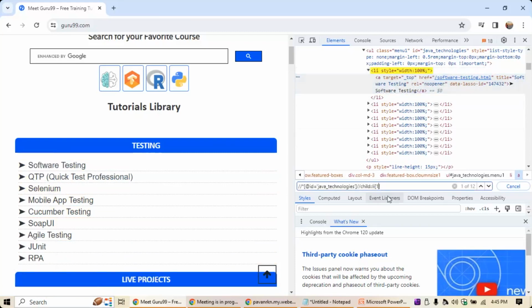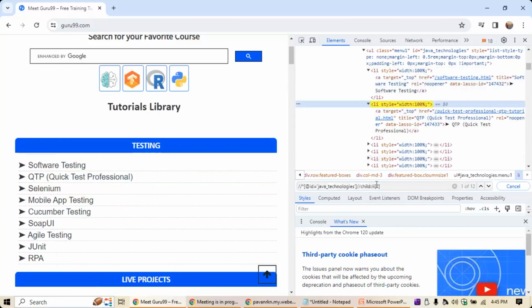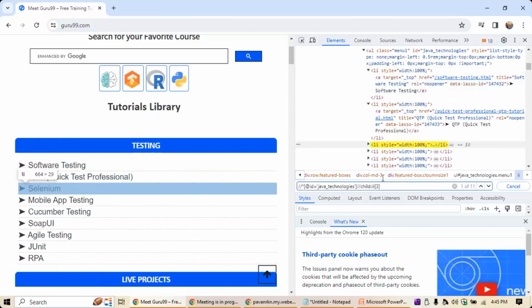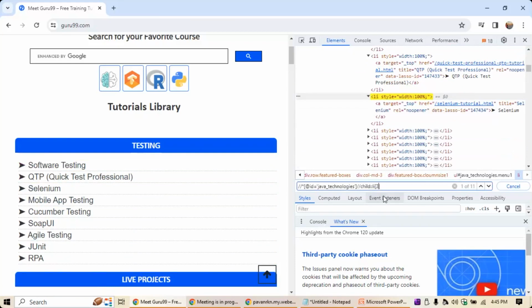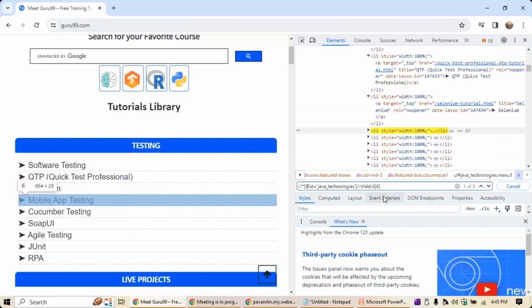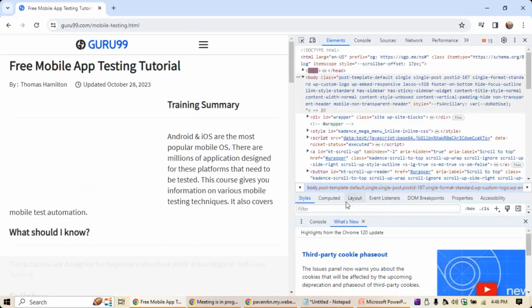And if I go and do 2, then QTP. See here, this got highlighted. So this one will be identified. Now the next one, third, Selenium got identified. You will be able to see that. And you can type whatever number you want, and based on that, you will be able to recognize the element, mobile app. So, with this, you will be able to recognize the child elements which are available in